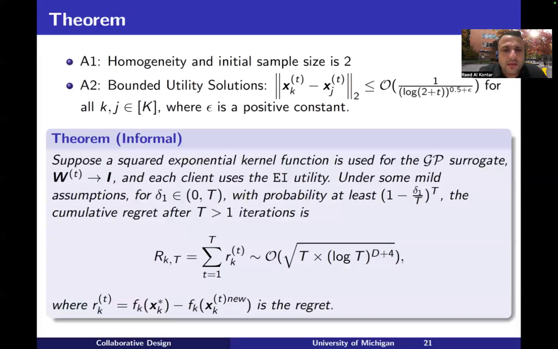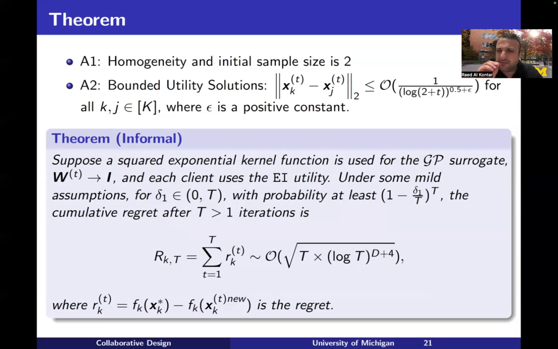It turns out that this approach has nice theoretical guarantees. Here, there is a caveat. I will not go into details. Here, we just show that the regret for each client will decay sublinearly, and that means eventually, asymptotically, every client will find their optimal solution. But here we have some strong assumptions. I will not go into the theoretical details, but I want to note that currently there is